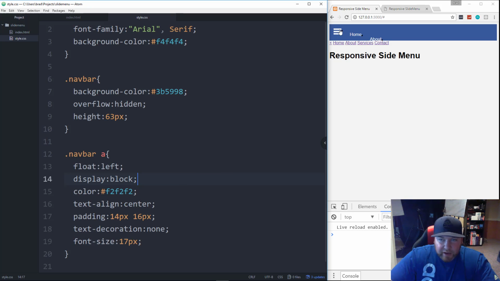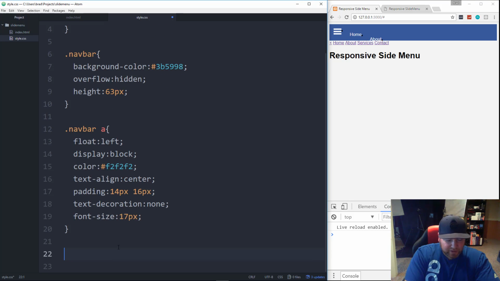Alright, so let's save that. Now this is going to pertain to all the links, the sidebar and the main links, but we're going to target each one later on. So for the UL, by default, ULs have a padding of, I think it's 10 pixels, so we want to remove that. We're going to say navbar